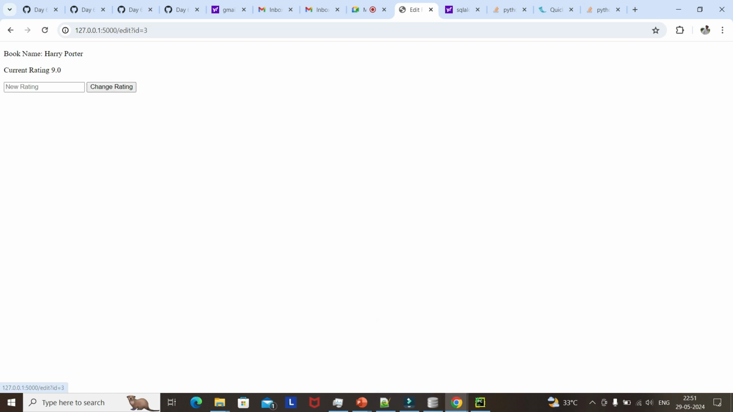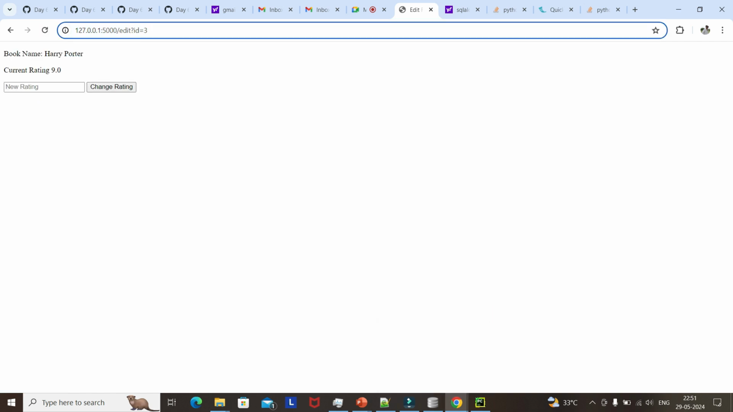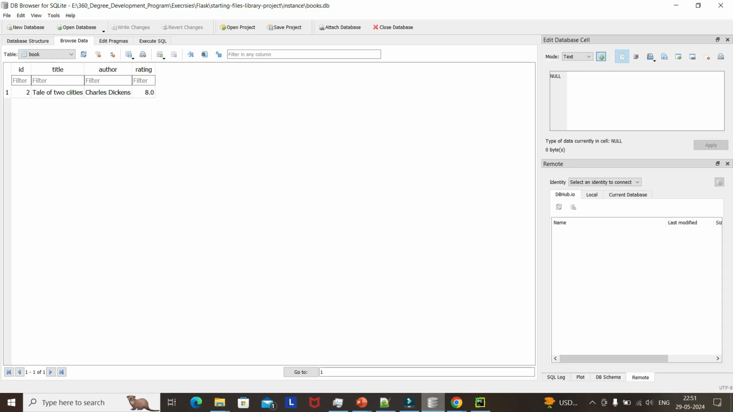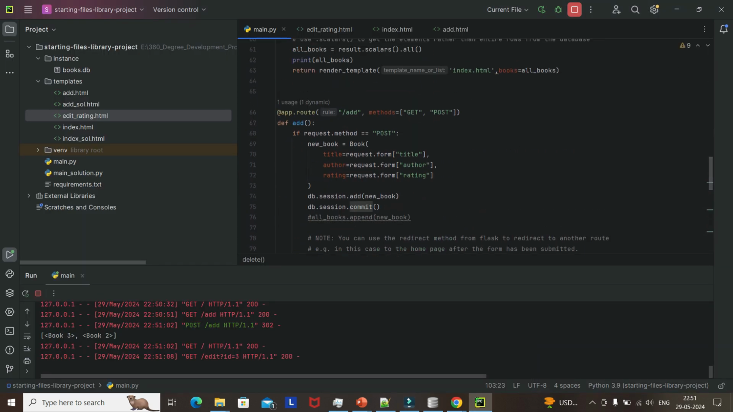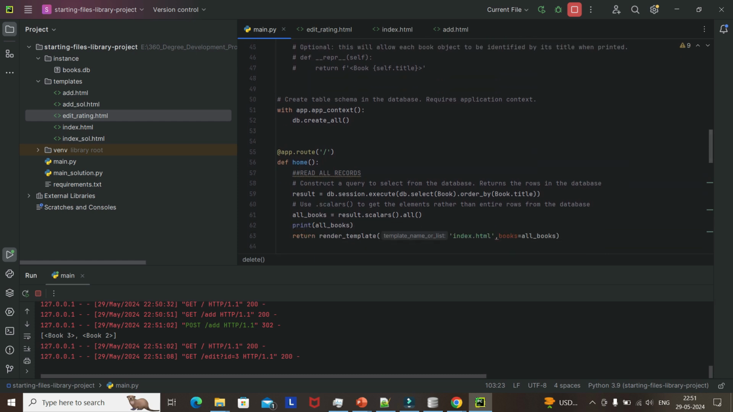If I just go to edit rating, yeah. So if you see, it automatically got incremented. The first ID is not there. So if I just go back here, to the reporter, what we are actually doing is ordering on the index, like in the home page, we are ordering by book title. If I just change it to book ID, and go back and refresh it,